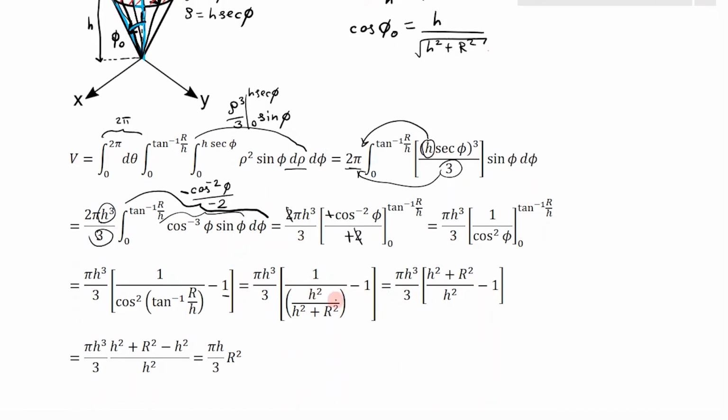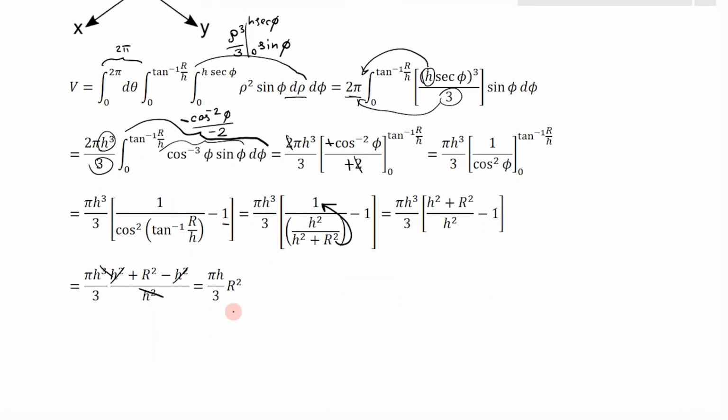So then I brought this into the numerator, got h squared plus r squared. In the next step, I multiplied, I brought this to have the common denominator, which is h squared, so it's h squared plus r squared minus h squared. Then I canceled this. I also partially canceled this, so I got pi h r squared over 3, which is the same answer as we had for the other two